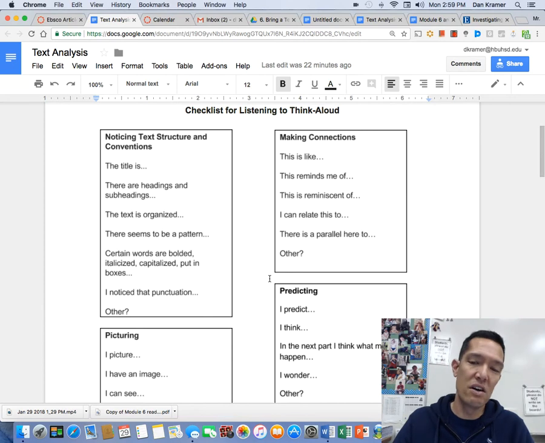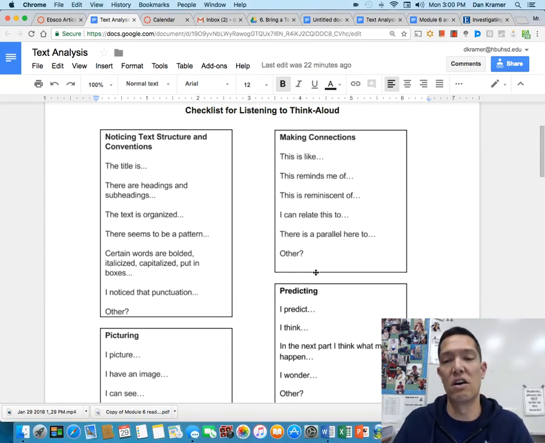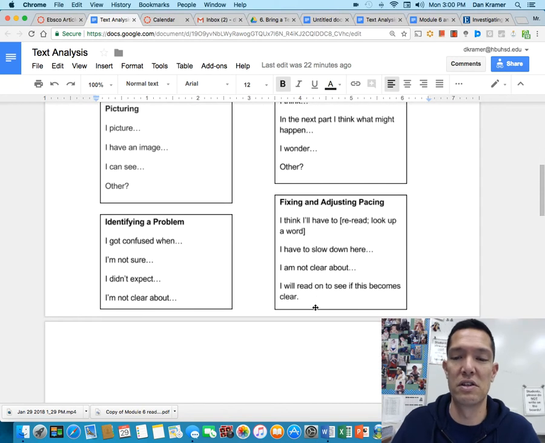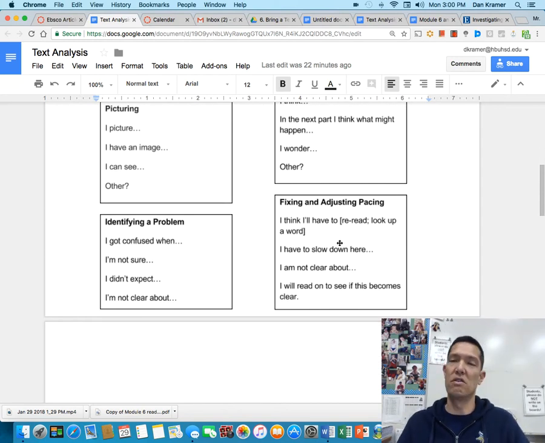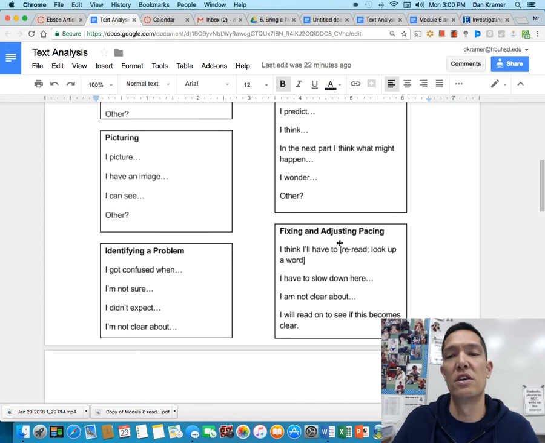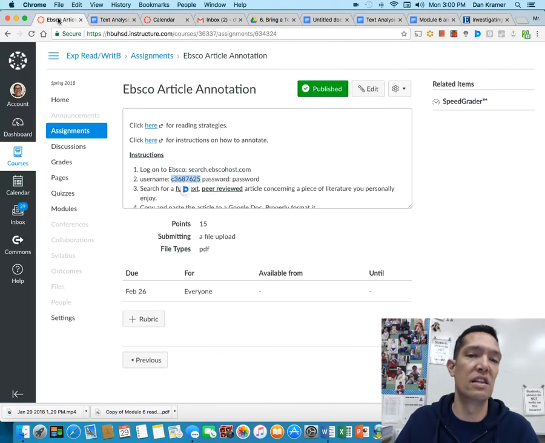This reminds me of, just use these words here that are on the sheet. I predict, what do you think they're going to talk about next? Where do you think they're going with their research? And then fixing and adjusting your pacing. I need to slow down. People want to get the homework done. Well, sometimes you need to slow down, take your time, understand it better, right? So use these strategies. And then the other article,